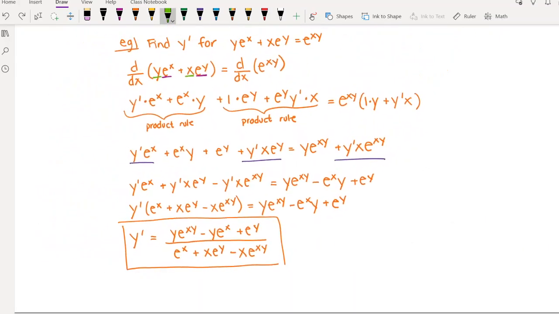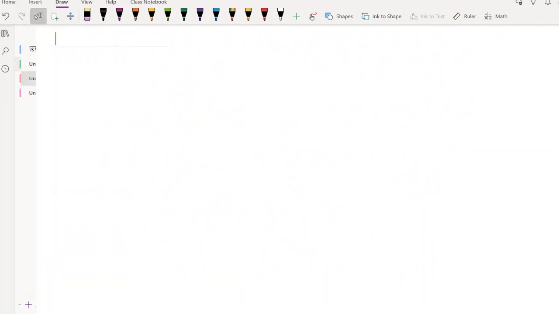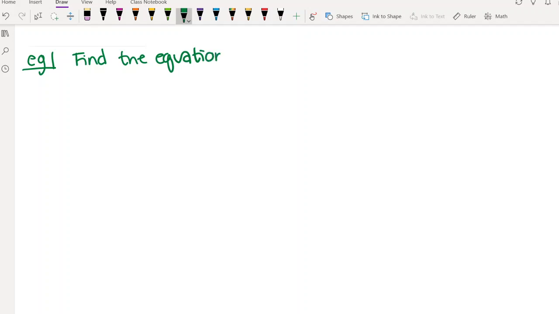All right, so we're going to do one more example. And in this next one, like I said, there's going to be a new trick that comes up. So in this example, we're not going to actually find dy dx. We're just going to find the equation of a tangent line. So find the equation of the line